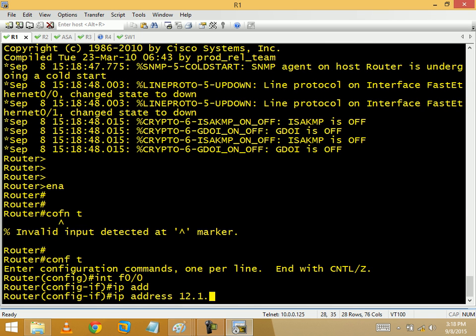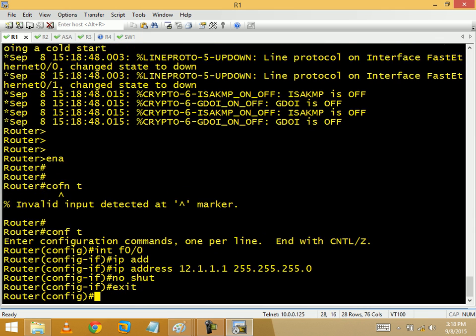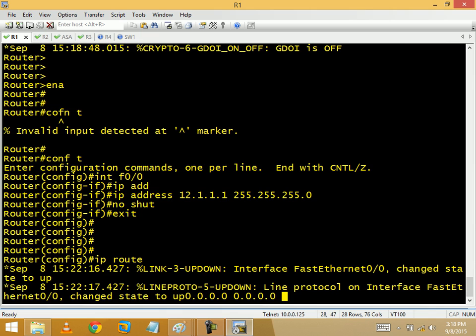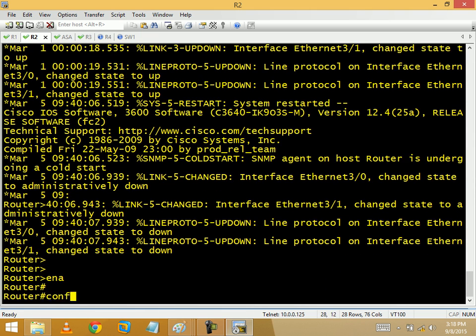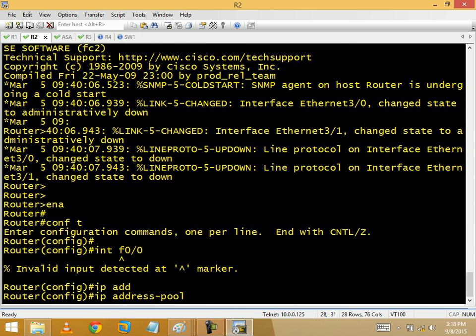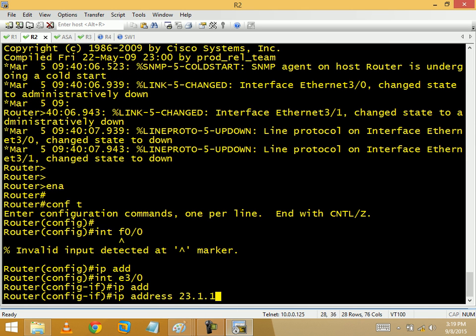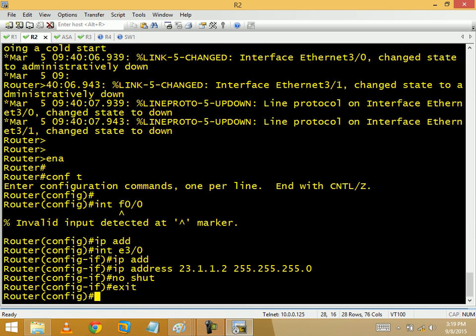IP address, and I will give a default route. This is R2. Interface E3 by 0, 23.1.2. Notion. IP now